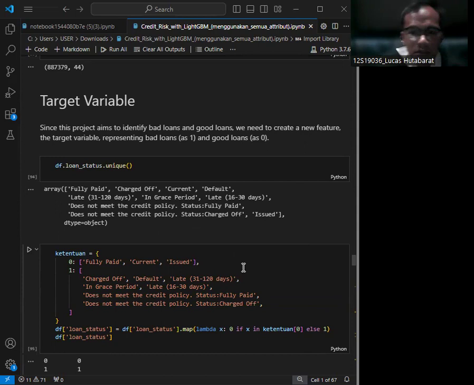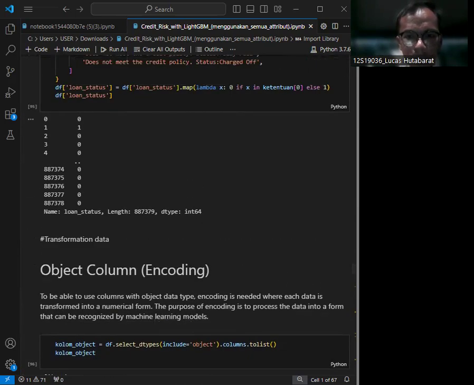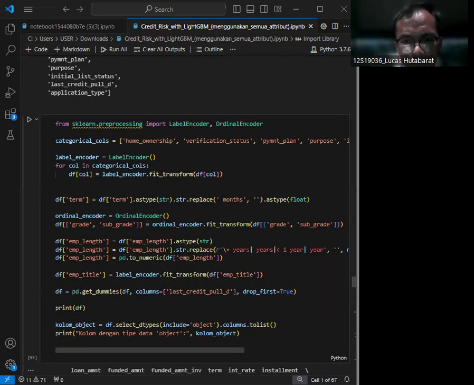This transformation is crucial for binary classification tasks. And then we use one hot encoding to convert categorical variables into numerical format. This is necessary for machine learning models to process the data.